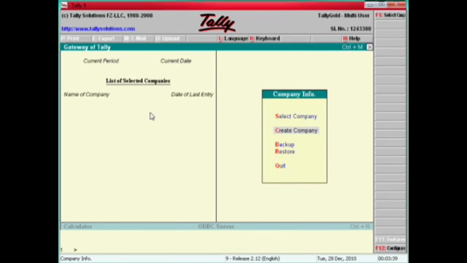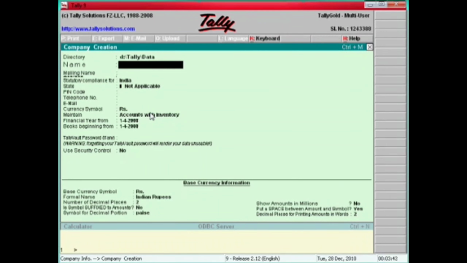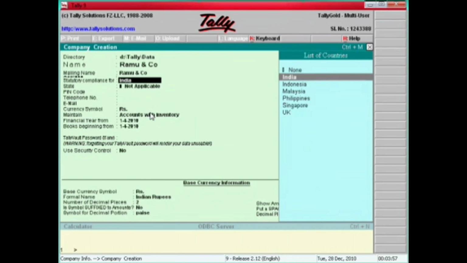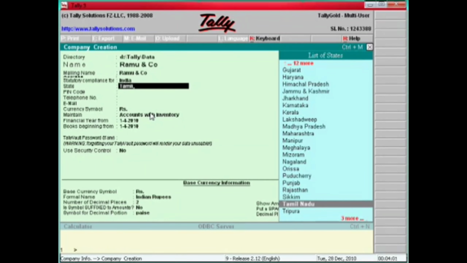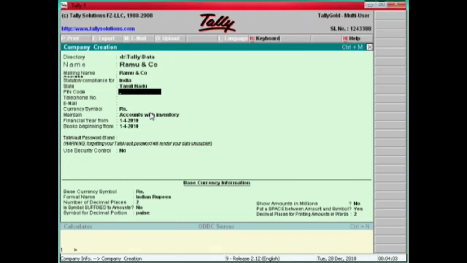Go to enter here, Ramu and Co. (2010). Here enter the name of the country. Here you can select the state, the name of the state.